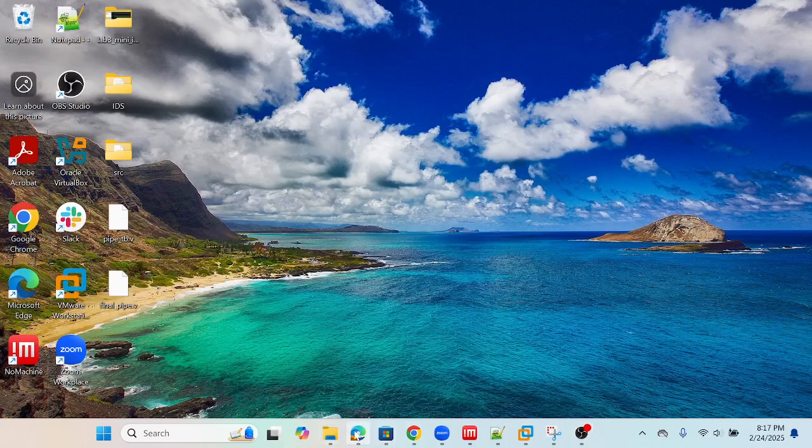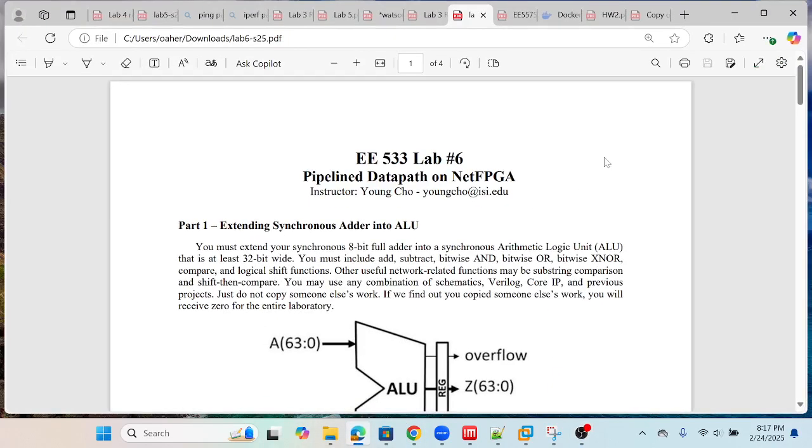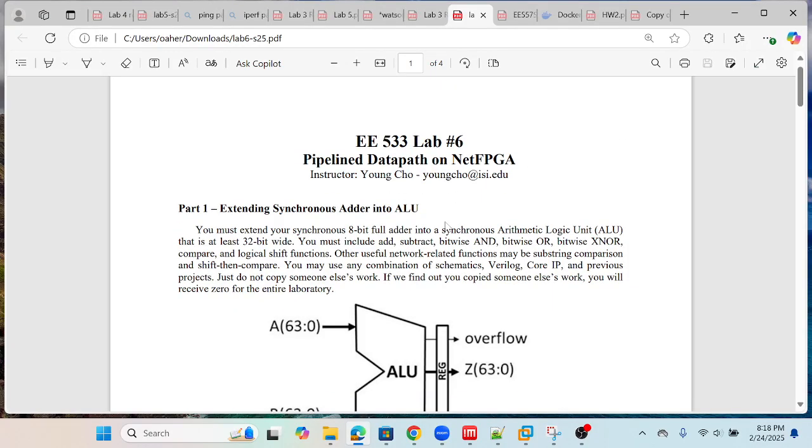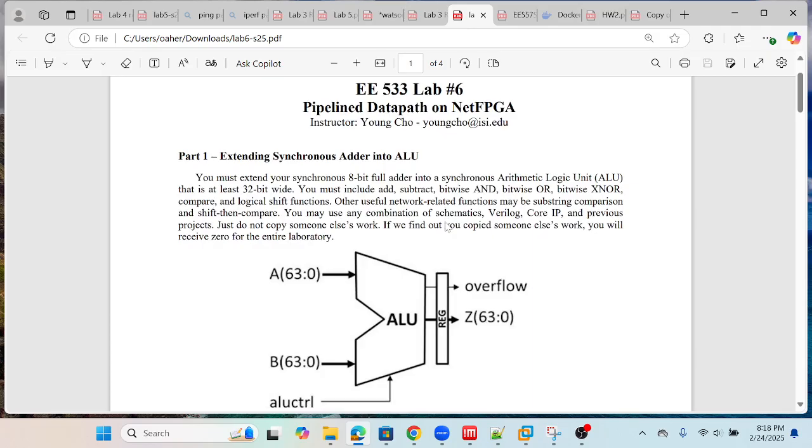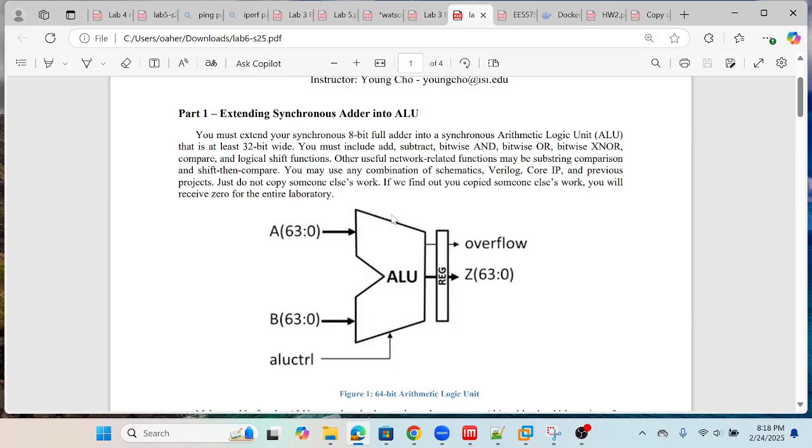So basically, in lab 6 of 533, we have a lab where we need to make a pipeline datapath on NetFPGA. At first, part 1 is about extending a synchronous adder into an ALU. We have created a 32-bit adder. Using that adder, we need to make it a 64-bit adder, and then by using the ALU,